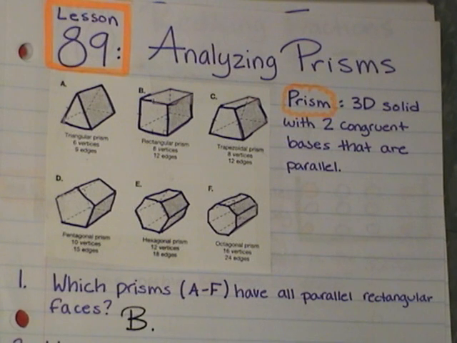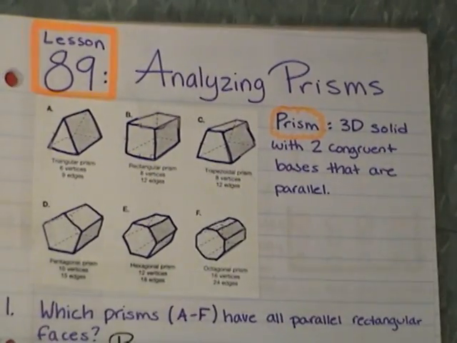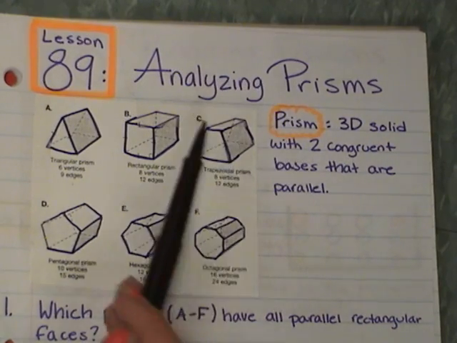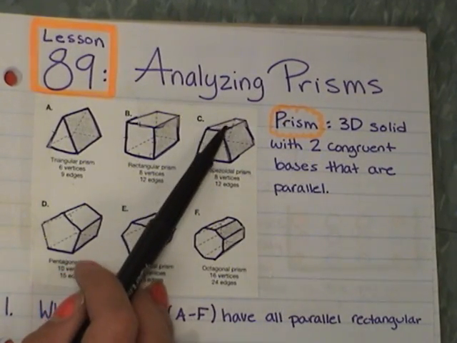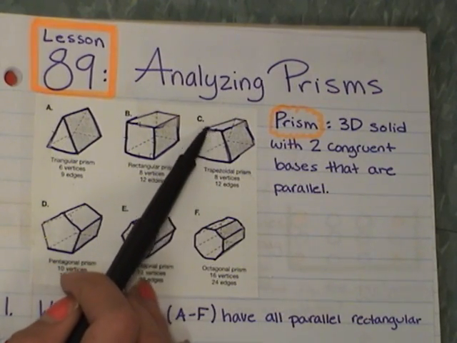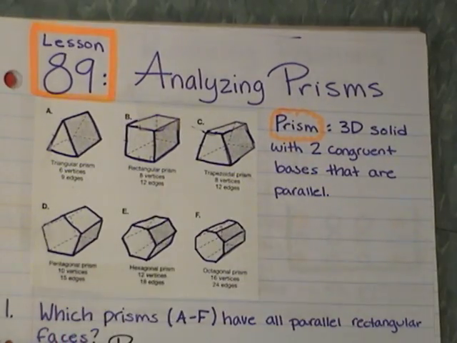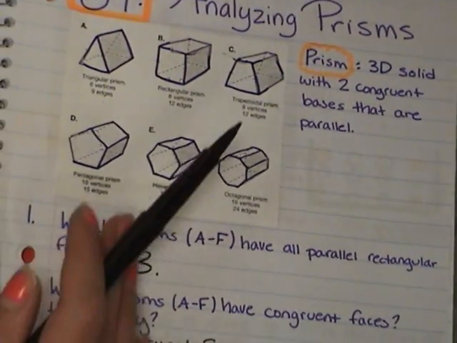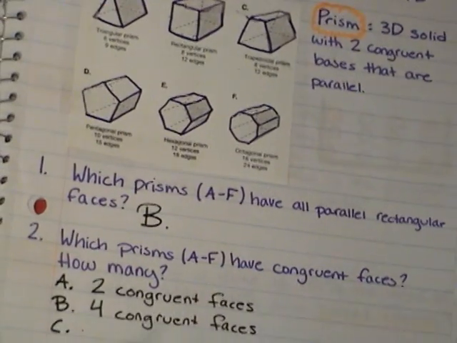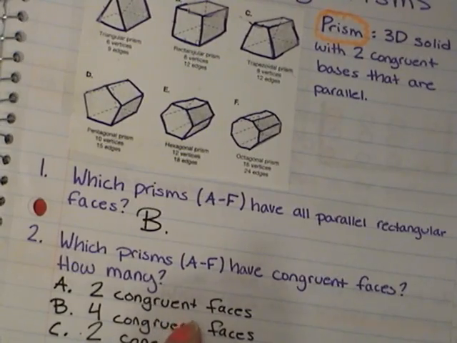Again, this one's kind of like A. Since the bases are trapezoids, we only have 2 congruent rectangular faces. So if you look, this one is going to be congruent to this side over here. Now this top one isn't going to be congruent with the bottom one because it's smaller at the top of our trapezoid and bigger at the bottom of our trapezoid. So that would not be congruent, but these 2 sides, the left and the right, are congruent. So we're going to put 2 congruent